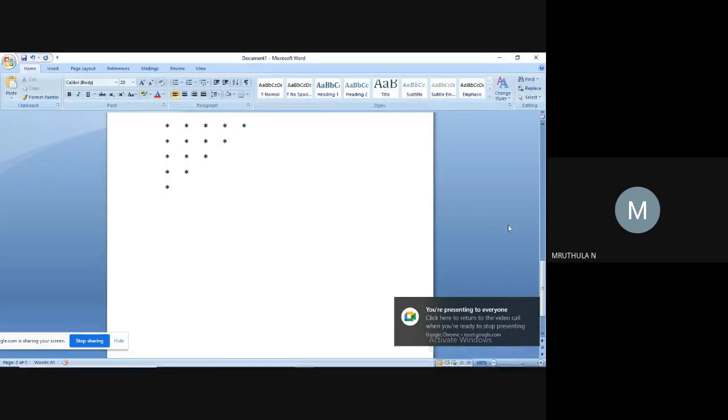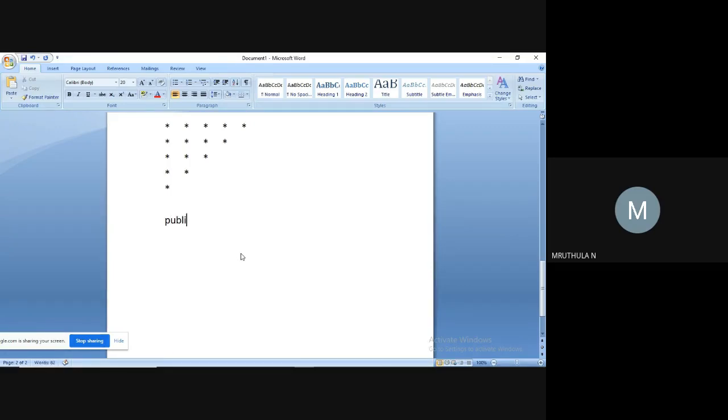So here, on the first line, we need to print 5 stars. So, we are creating one class, public class name. Wait a minute, I am just giving the same name.